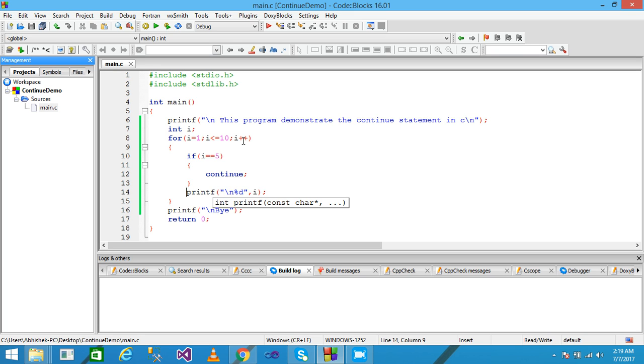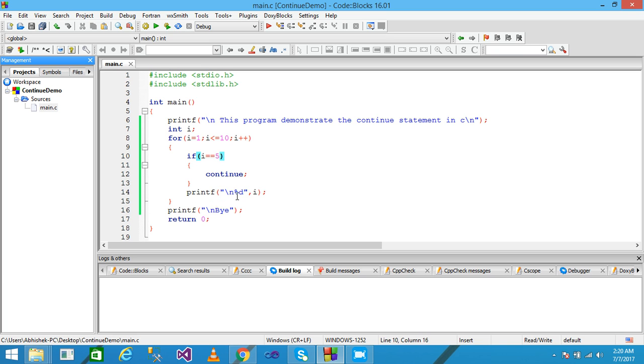Control again increments the value of i by 1. This time the value of i is 5, and we check the condition: it is true. Control again comes into the body, and this time the value of i is 5, and it is equal to 5. So control comes inside the body of the if,